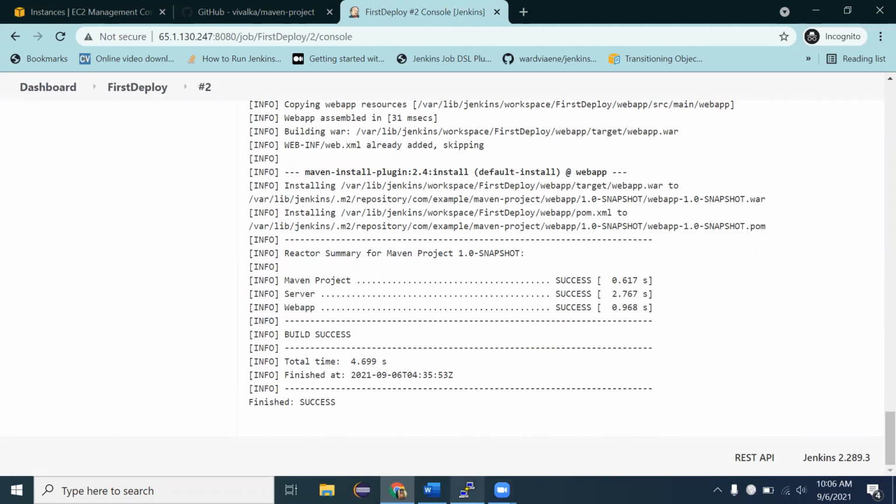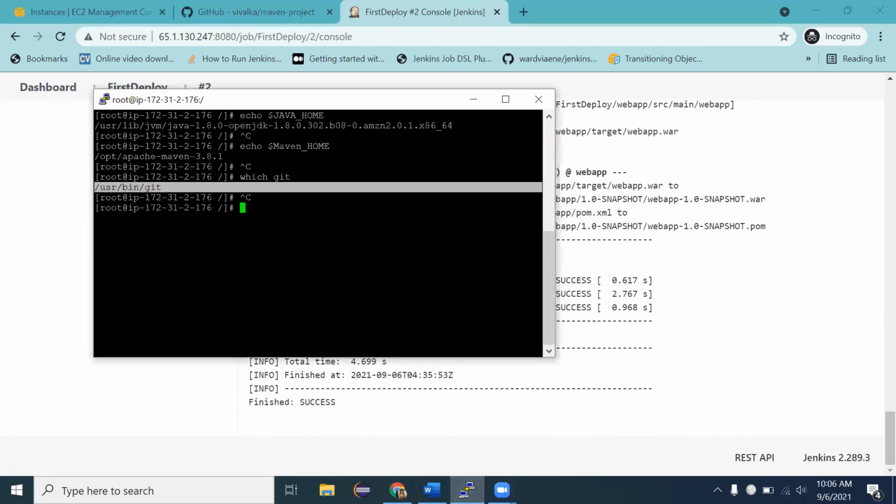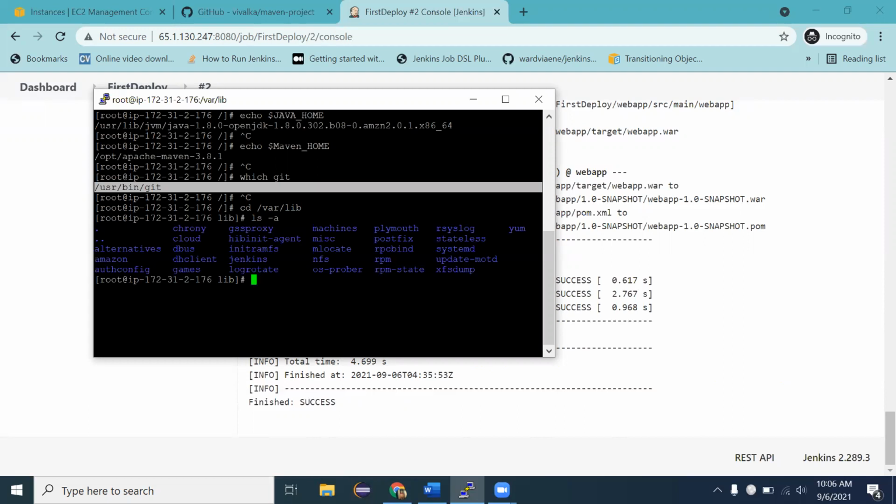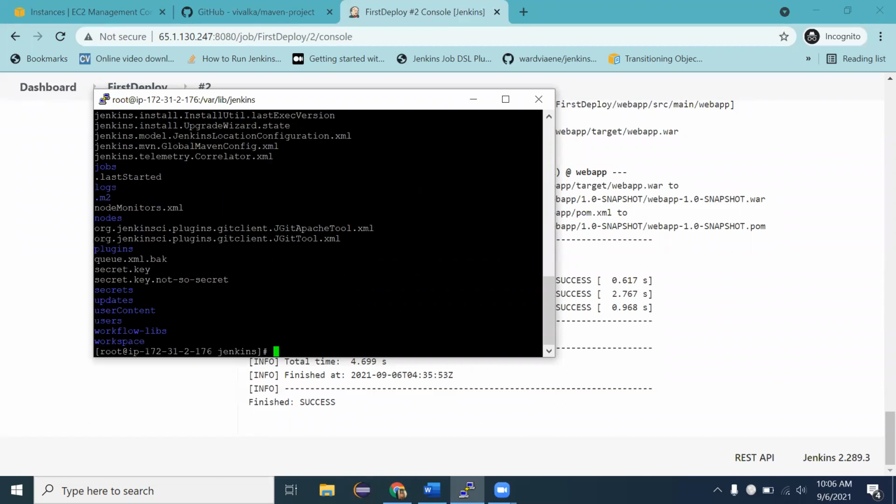To check the war file, we already know that Jenkins is installed in the var lib folder. So we have to move to cd var, then lib, and then type ls -a. So Jenkins is present. We have to go inside Jenkins, and then ls -a. Multiple folders are there, but we focus on the workspace, because the war file is present inside the workspace. So open the workspace,